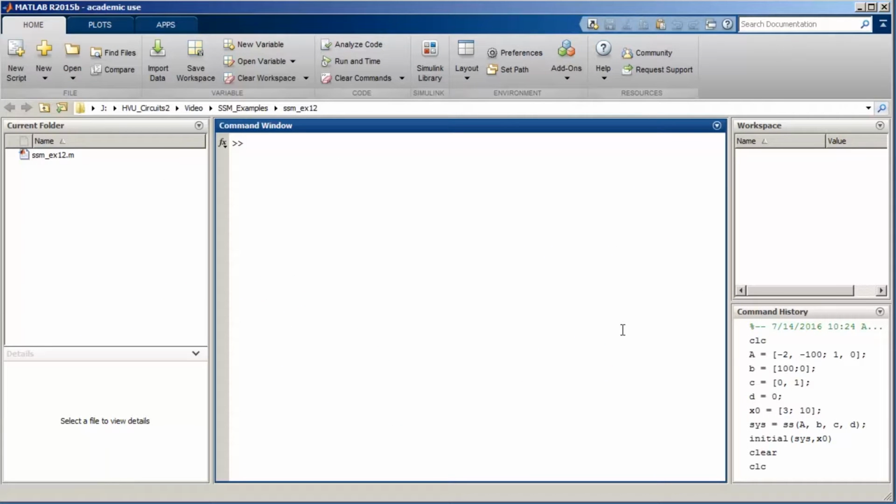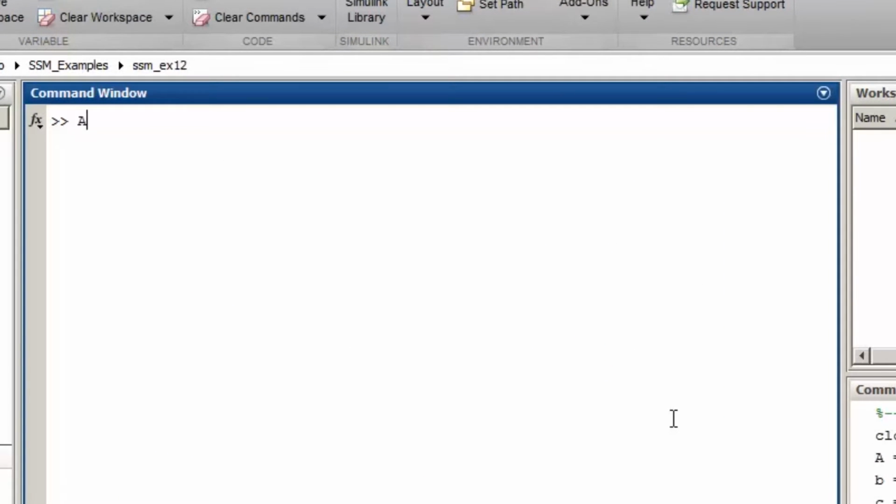I'll just do this problem at the command prompt. My A matrix is -2, comma, -100. Semicolon takes me to the next row, which is 1 and 0. B is a column vector, 100, and 0 is the second element. C is a row vector. First element's 0, second element is 1,